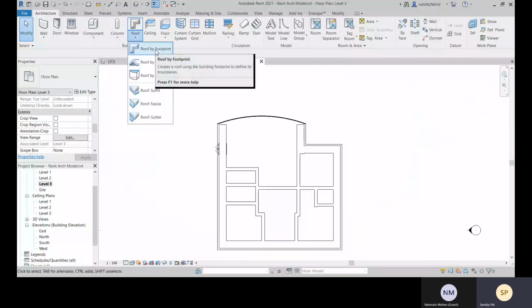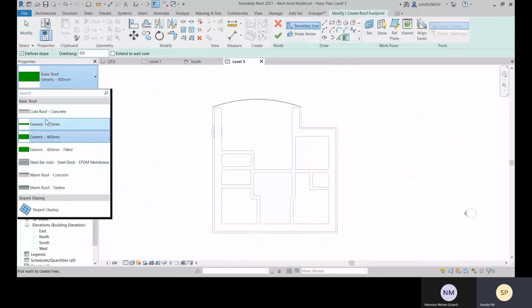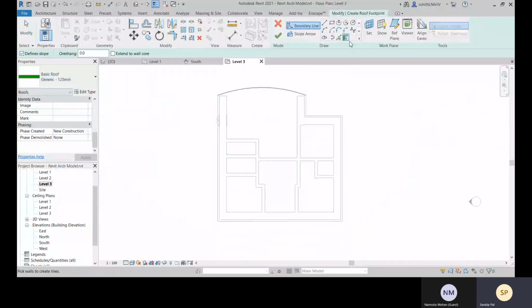Okay, let's go with this roof by footprint. Now you go with this type, select the right type. Let's go with this one, and we can simply choose this pick walls, and according to that you can create the boundary. Hover your mouse on a single wall and press Tab, so you can select the chain of walls.